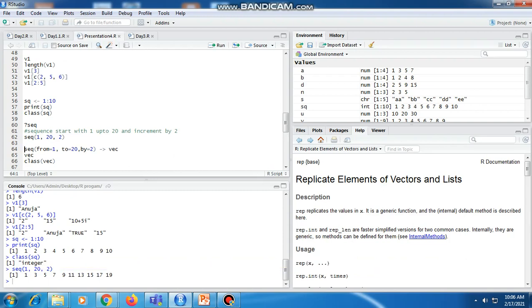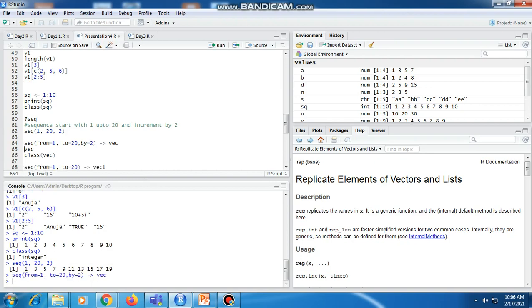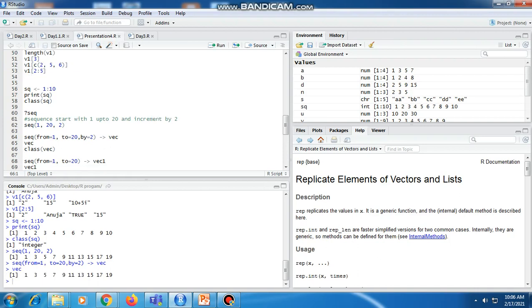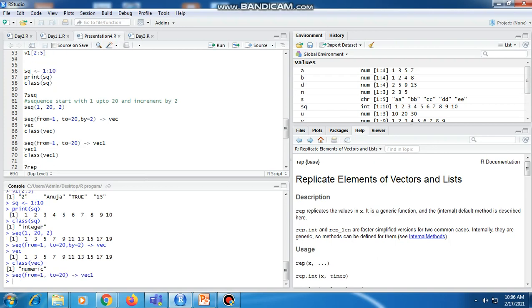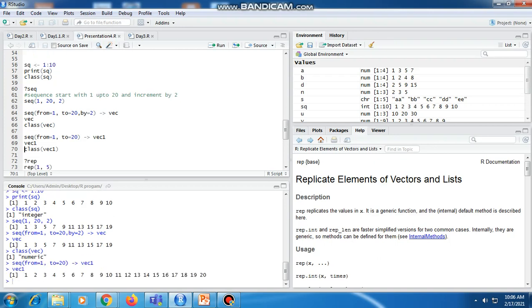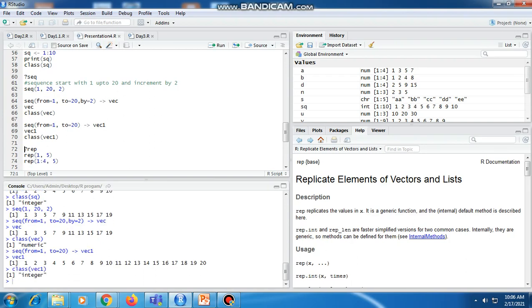Same thing we can write like this, saving the values into variable vec. Now we can print the value of vec, it gives the same result. With the class function we can check its data type. Then for a sequence, if we don't specify an increment, by default it gets incremented by 1 only. It is stored in vec1, then vec1 values get displayed, and its data type.